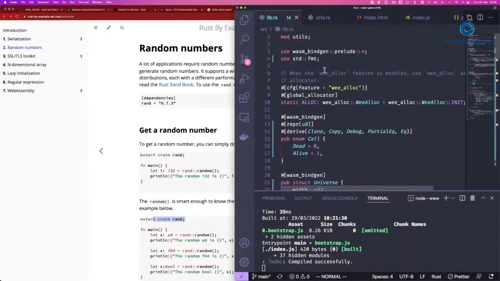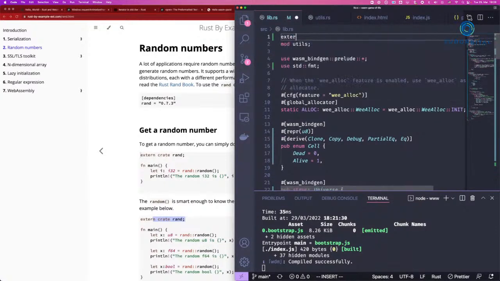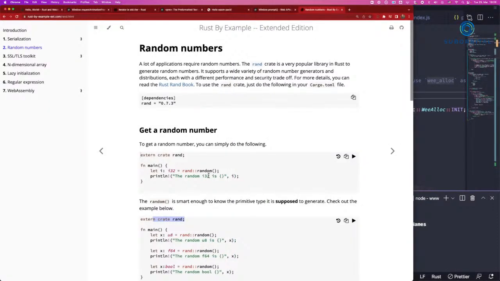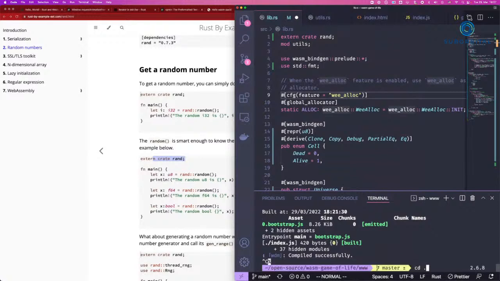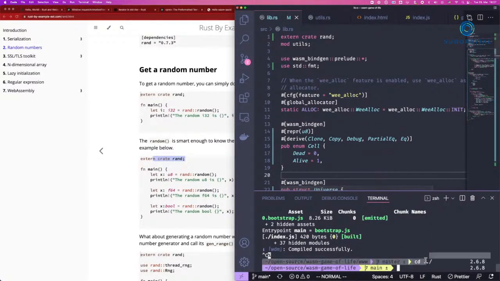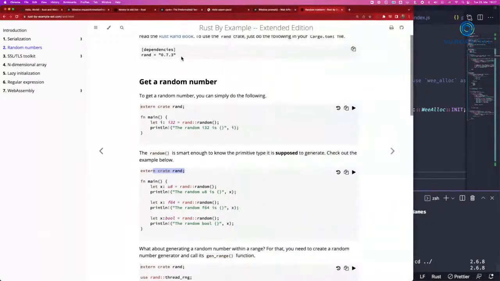So we'll need extern crate rand, and what is crate? It's the Rust equivalent to package, or what are they called in Python? Are they called libs, right? Libraries. Yeah. Cool. In Rust, they're called crates. Now, I'm going to confirm that, because I think I need to declare this as a dependency of our